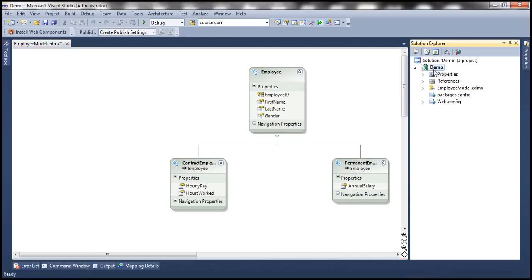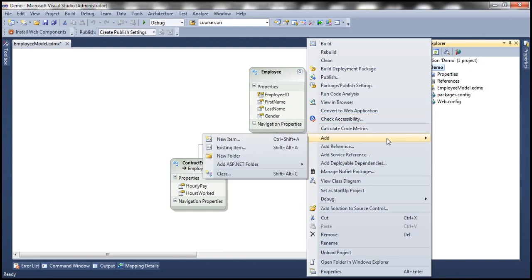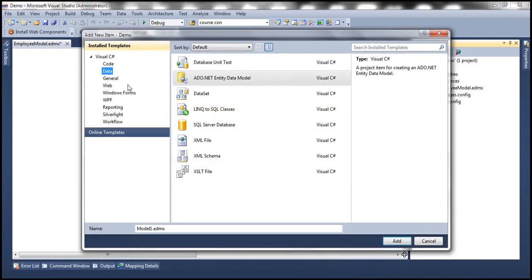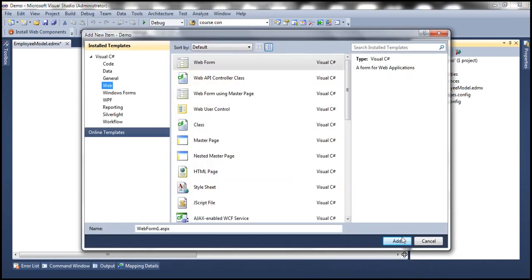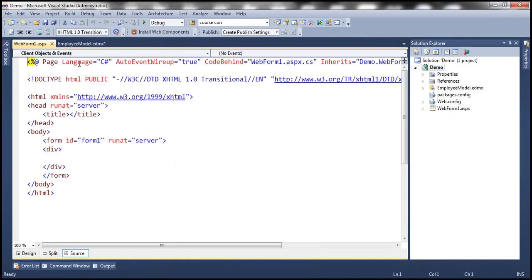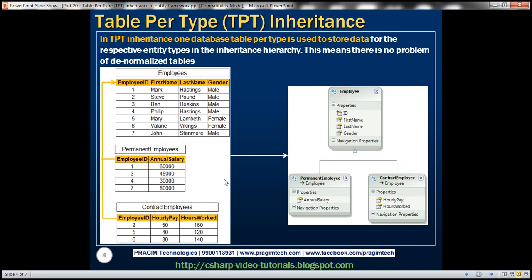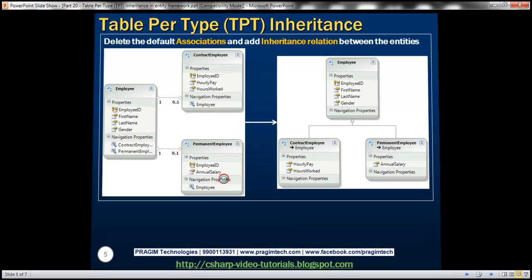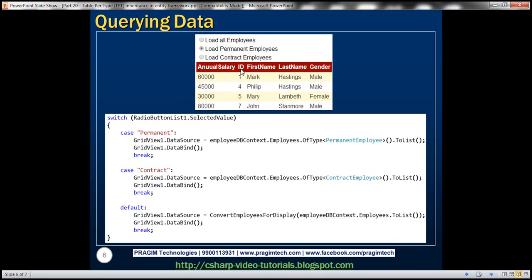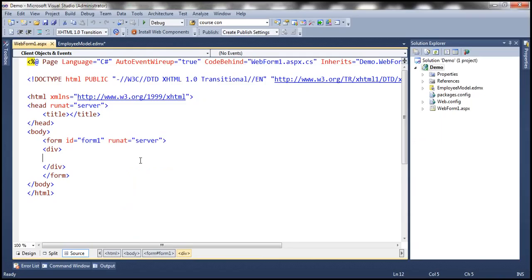Now let's add a web form to this project. We'll look at how to query this model. Now for that purpose, we are going to design a web form that looks like this. So let's go ahead and first set style attribute here. Let's set font family to Arial,